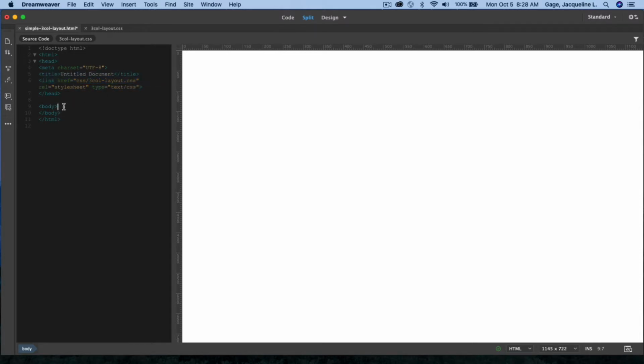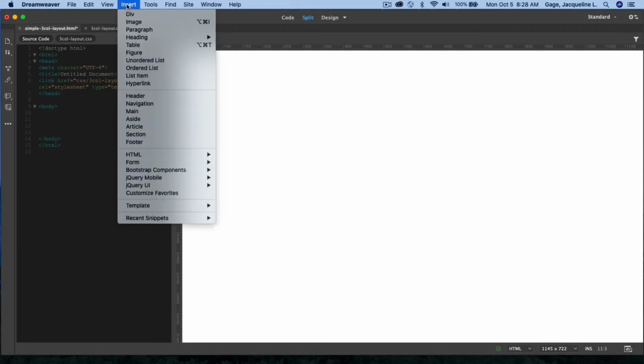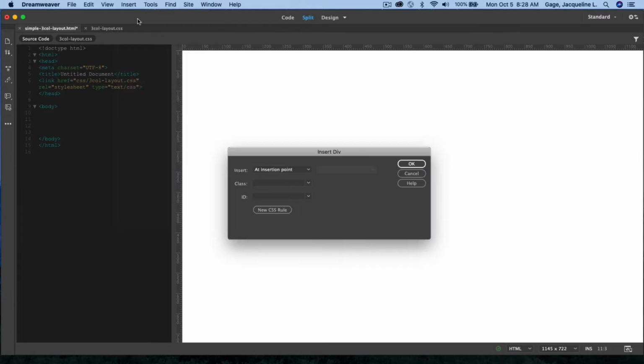So I'm going to put my cursor in between the body tags, and give myself a little bit of room in code just to give myself some space. And I'm going to create that overall container first. So what I'm going to do is go Insert Div. I'm going to call it Container, add that class name,